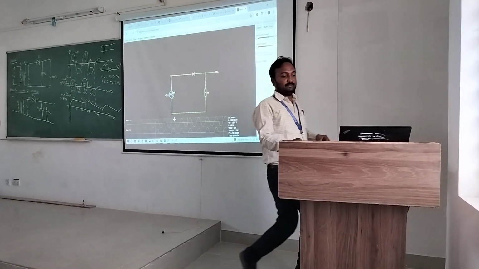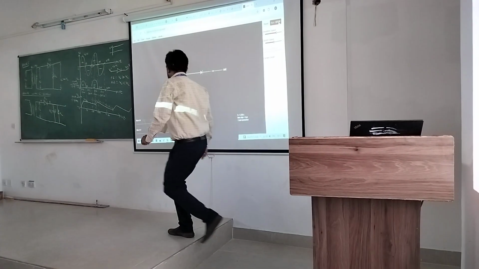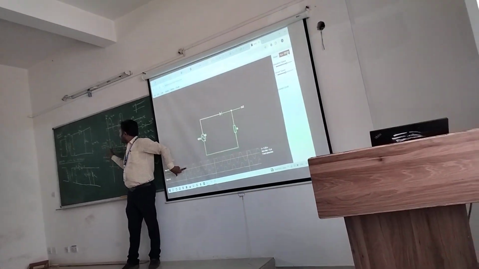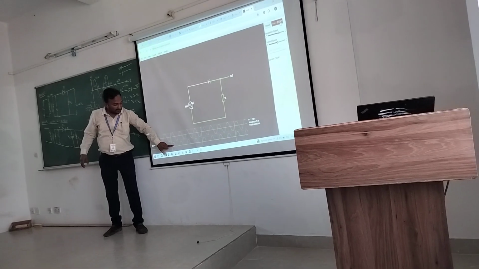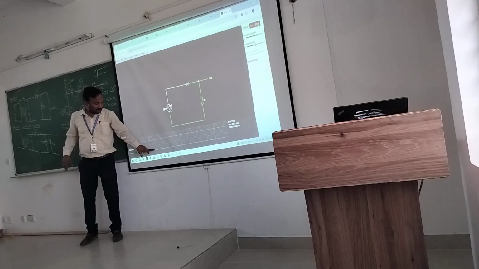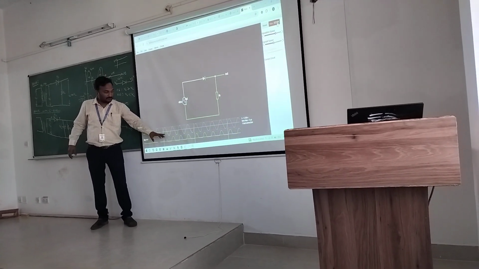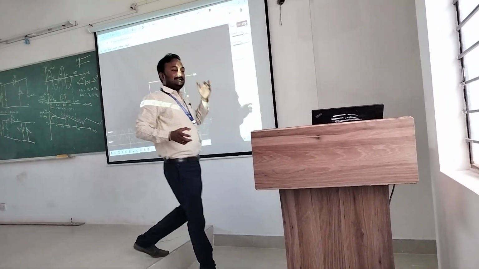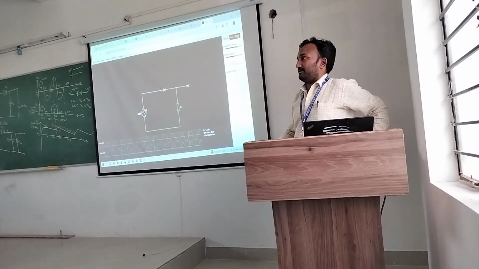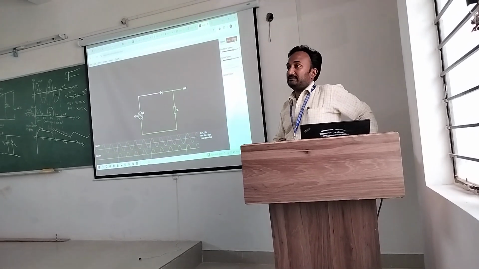I will stop the simulation. So let's start with this. For positive half cycle, what I have got? For positive half cycle, I have a positive half cycle output. What is happening for the negative half cycle? There is no output. Here also you are able to see there is no output for this half cycle. Okay. So this is how we can easily build. You can just see in just 2 or 3 minutes we are able to build what? A half wave rectifier using this web-based electronic simulator.